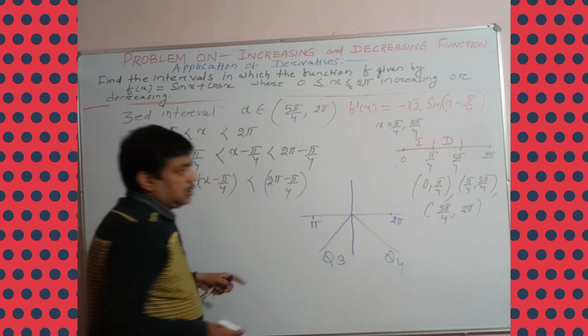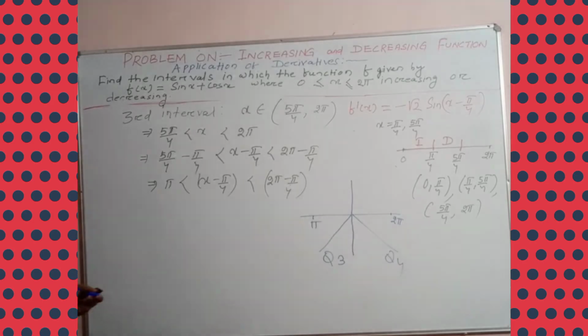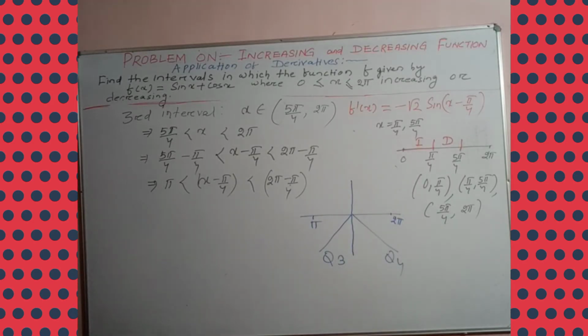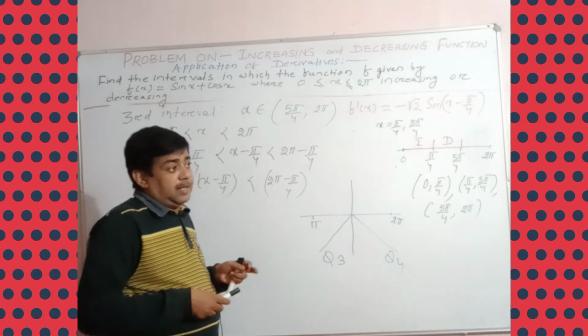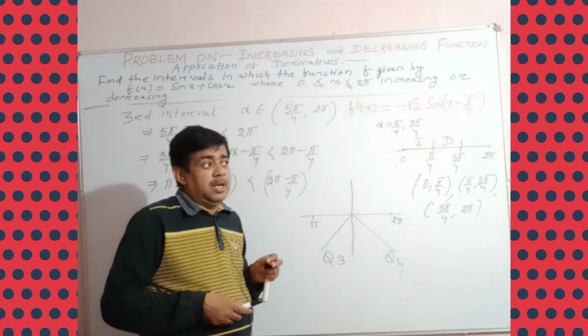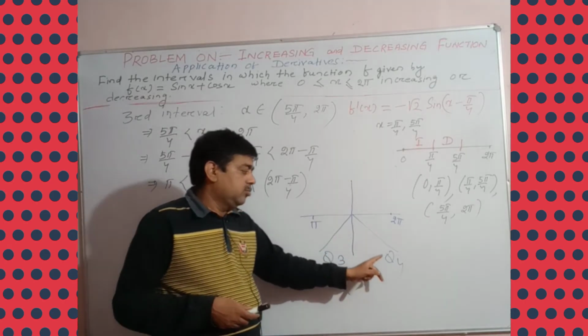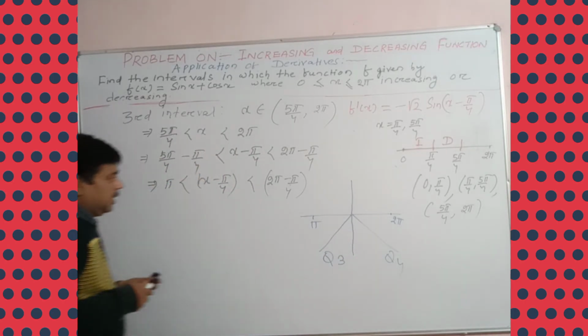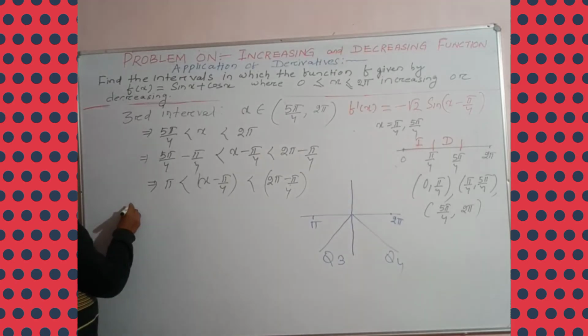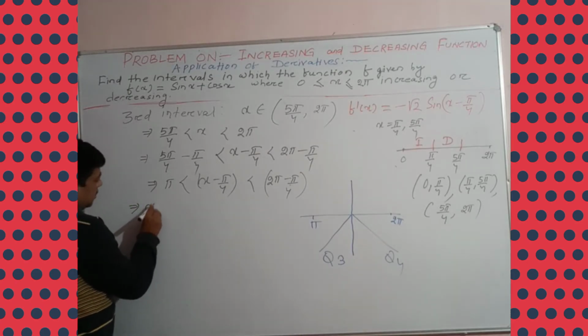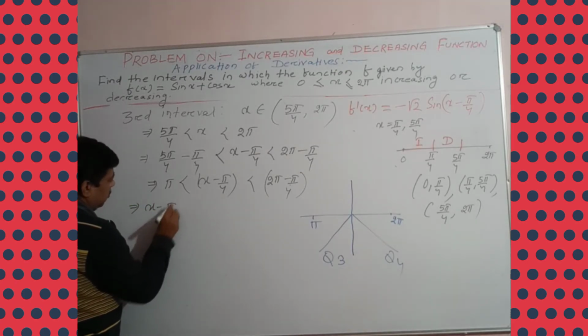And you know in the third quadrant and fourth quadrant, is the sign negative or positive? According to the ASTC rule, or "Sugar to Coffee", in the third quadrant and fourth quadrant, the sign is negative. So that implies x minus pi by 4 belongs to